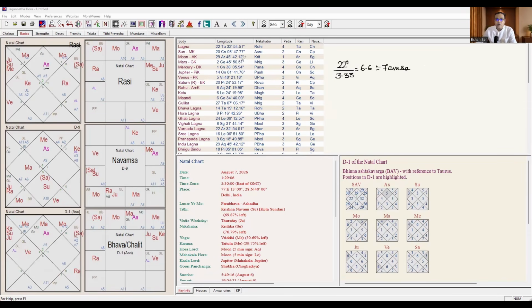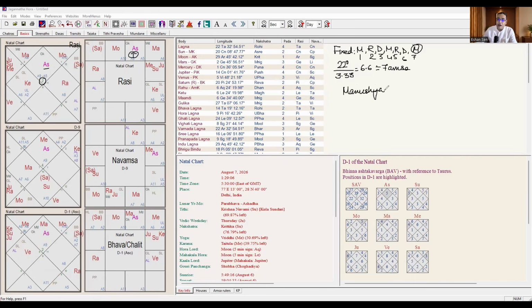Now, let us check the ascendant sign. The ascendant sign is 2, that is Taurus. And what is Taurus? Taurus is a fixed sign. And you all know for the fixed signs, the starting is Manushya, then Rakshasa, then Devata, then again Manushya, Rakshasa, Devata, and so on. So what is the seventh Amsha? This is the first Amsha, second, third, fourth, fifth, sixth, and the seventh is what? Manushya. So the deity of this person's ascendant is Manushya.